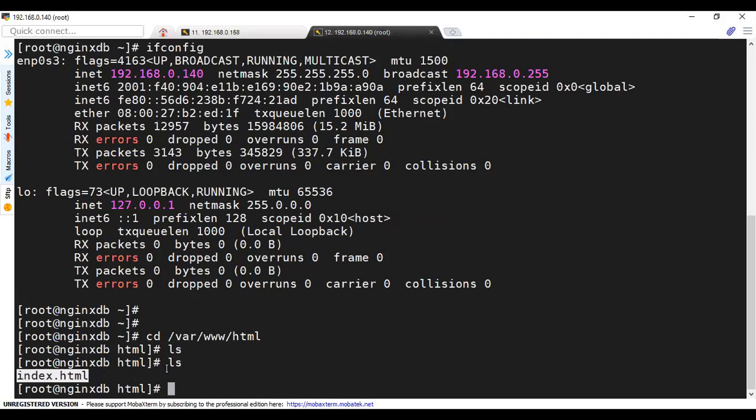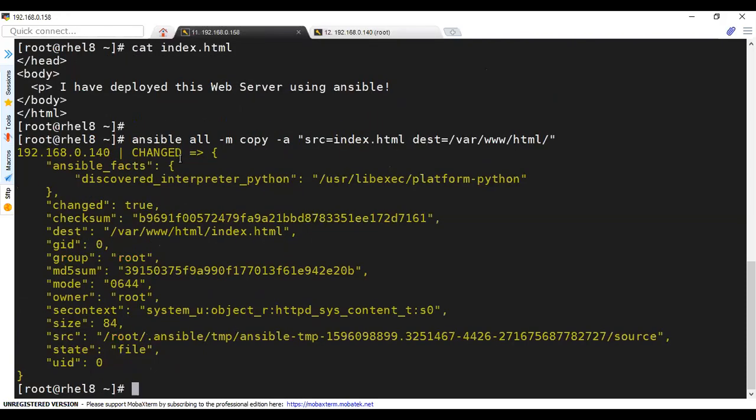Now even after transferring this file, in order to be able to access the web page, I have to start the service. So in order to start the service, I'm going to use my Ansible module. So ansible all, and then the module is service, and I'm going to give it an input as the name of the service that I'm going to start, and the state in which I want that to be.